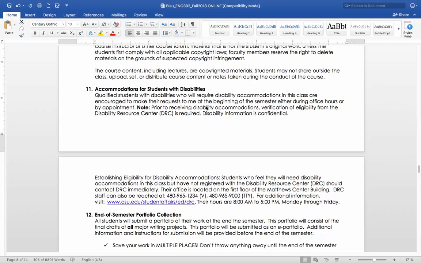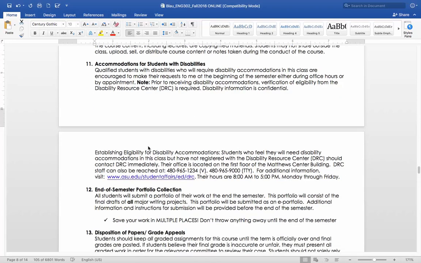If you have a disability, make sure that you are registering with the DRC and we can make accommodations for you. This is really important because everything has to be documented properly, and I really want to support you in every way that I can, but you do need to register with the disability office. So if you have something that you think you might need accommodations for, make sure you do that at the